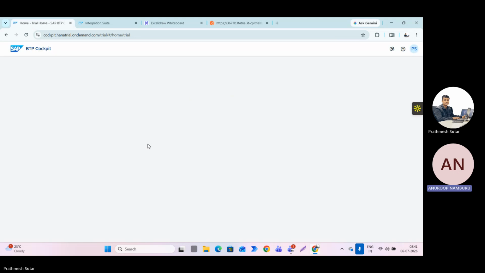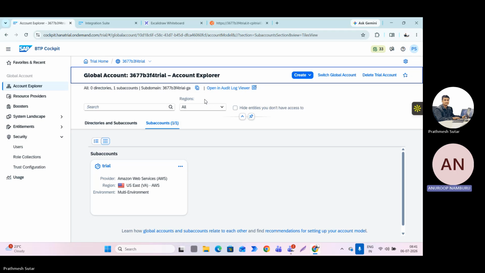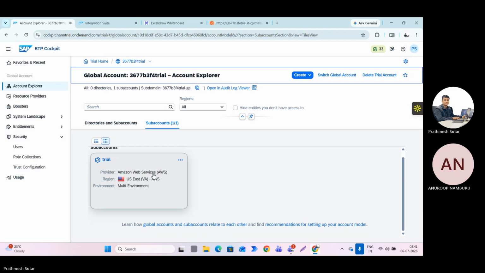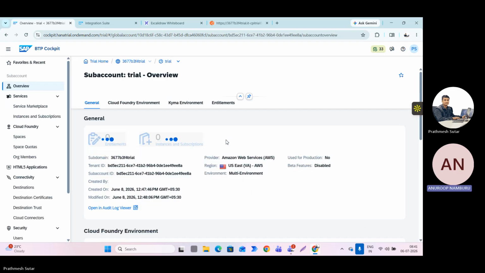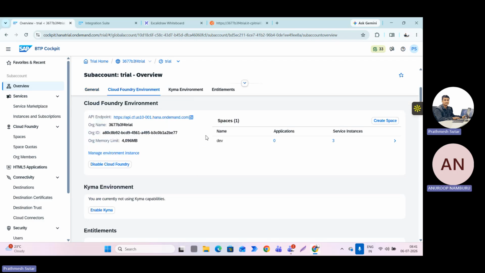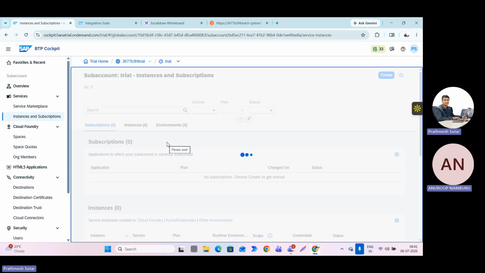I go to instances and subscriptions. Now when we have instances and subscriptions open, I have generated a basic auth here